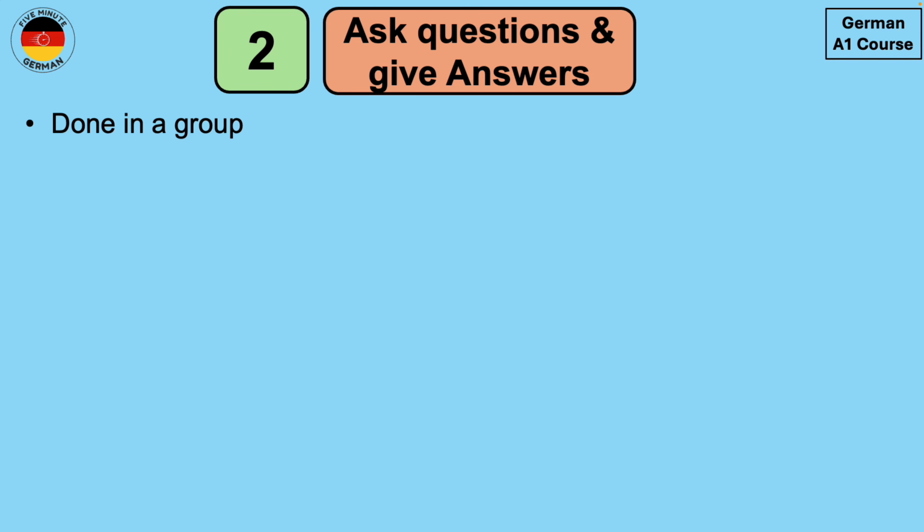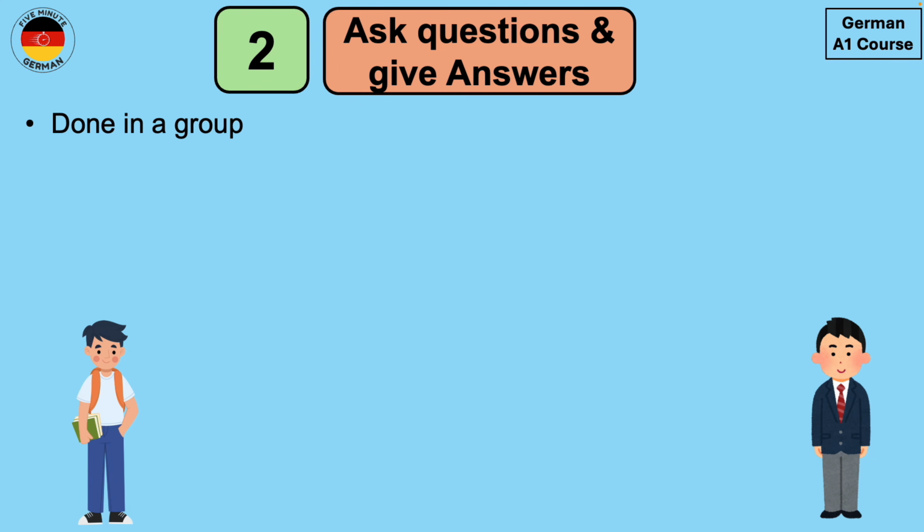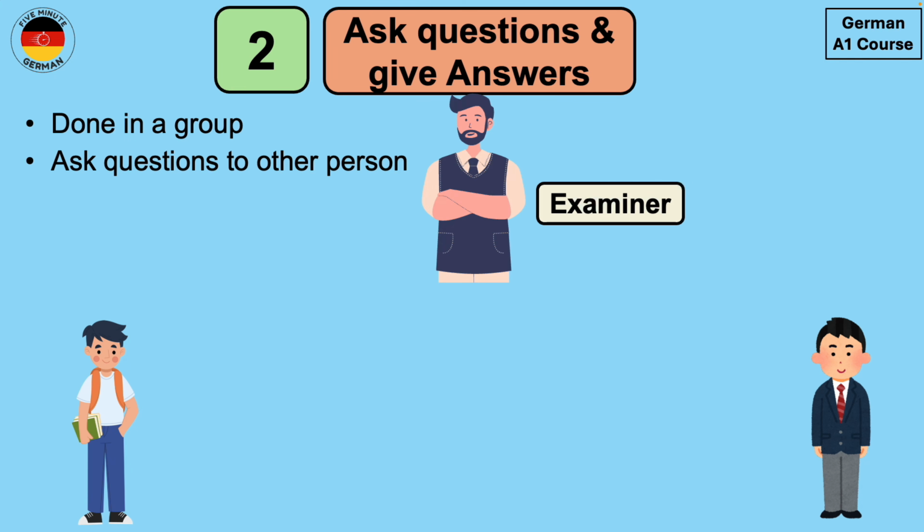So this is done in a group. You will be in a group with other people who are also giving an exam, and you will have to ask questions to the other person, and then he or she will reply to your questions. And in the same way, they will ask you questions and you will have to give them answers. And how this takes place is that you will have an examiner, and this examiner will give you a card